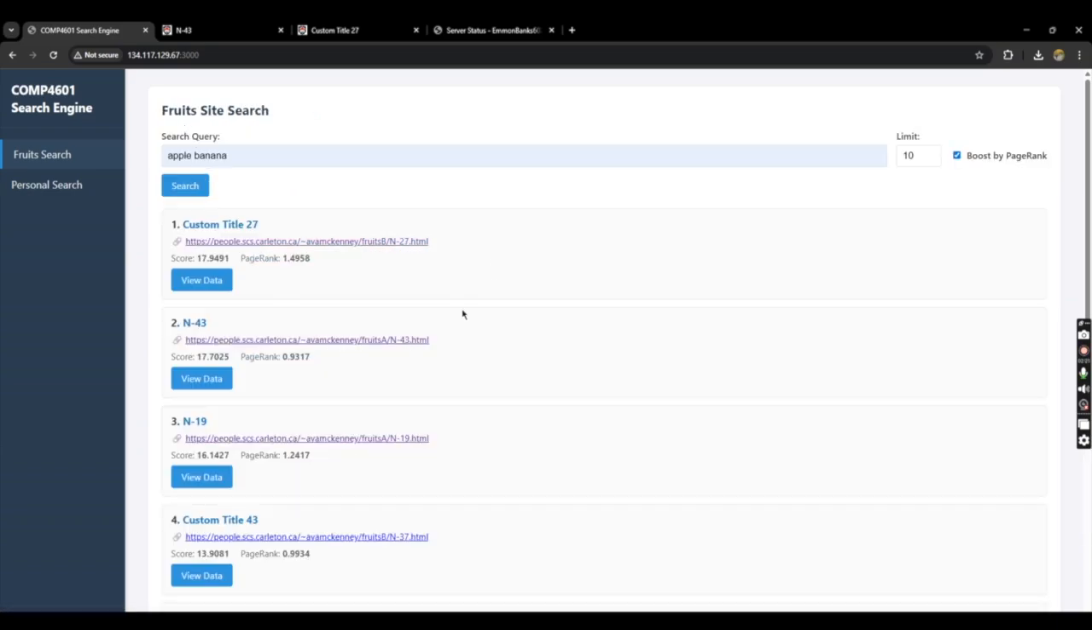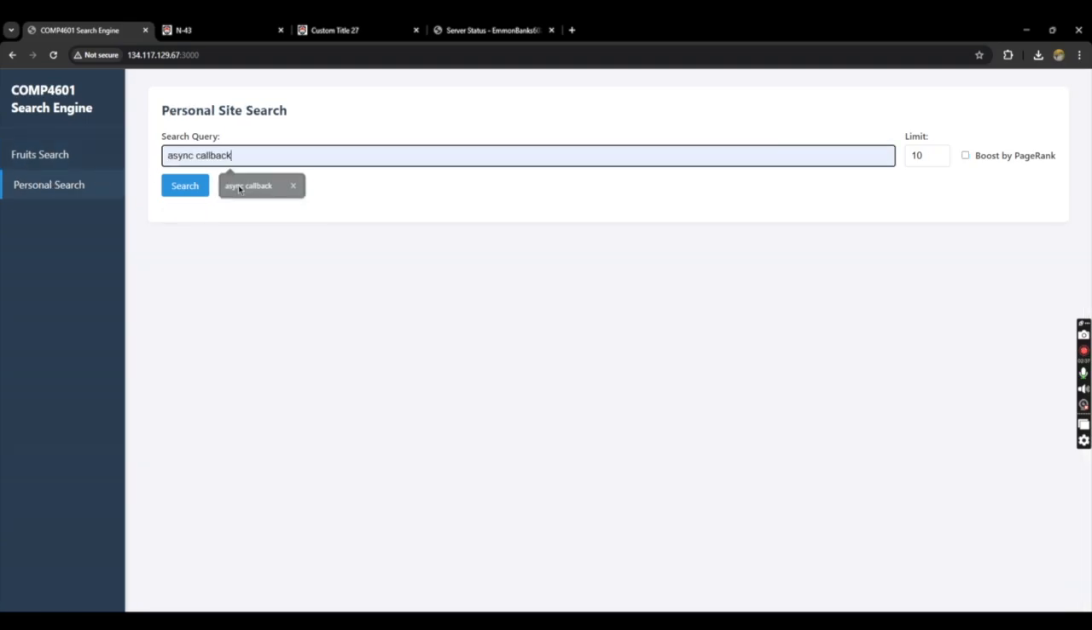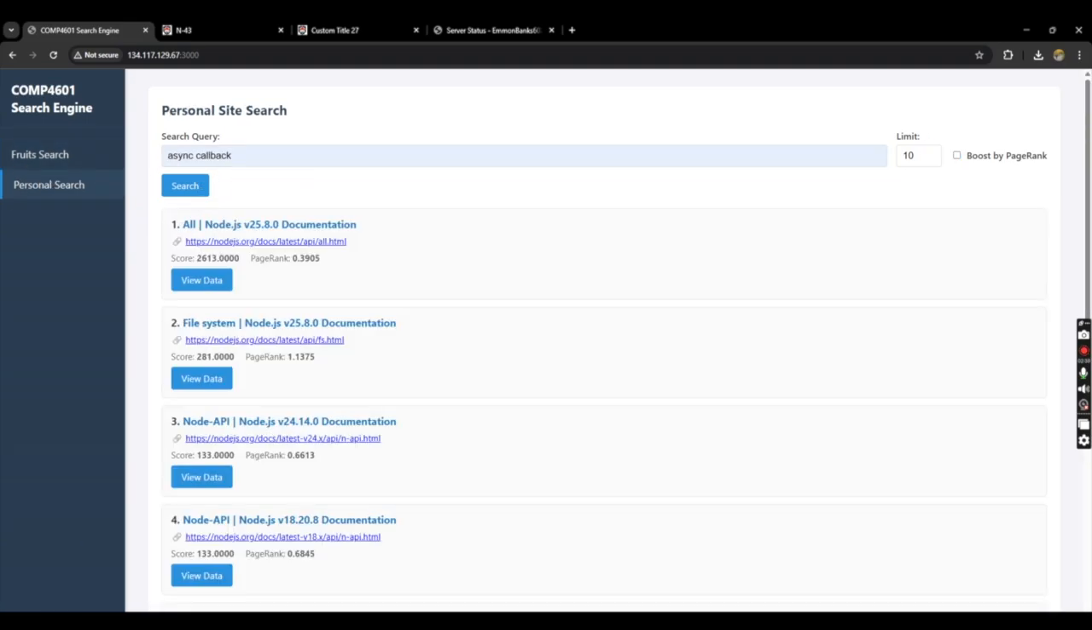One thing that is worth noting is that all the text from the server goes through an escHtml helper function before being written to the DOM, so that a malicious page title can't inject HTML or JavaScript into the UI. Now, if we switch over to the personal search and search async callback and click search,